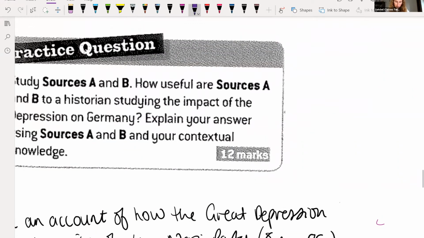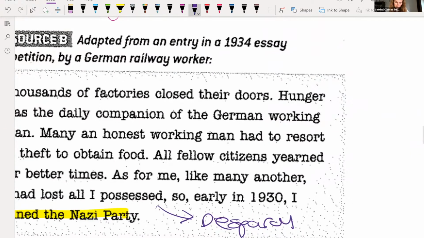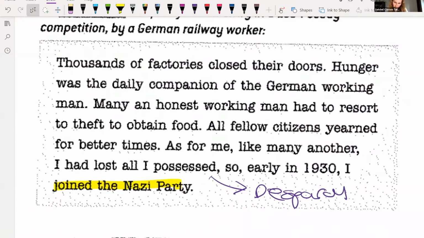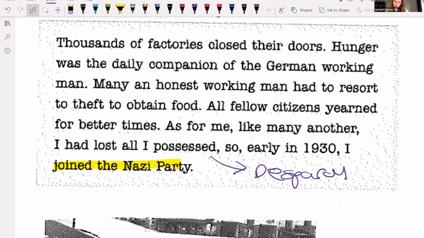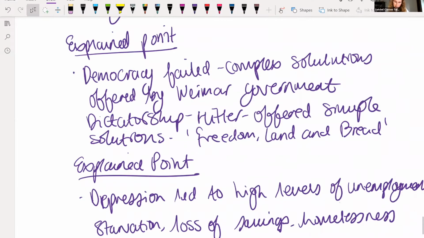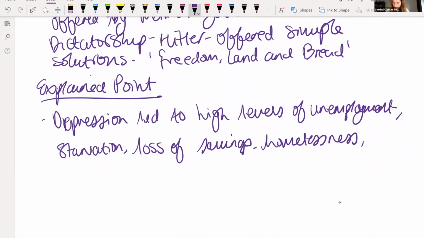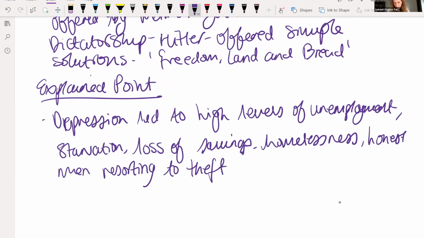So here, where he talks about an honest working man resorting to theft, okay, so basically the desperation that people had, and then again I'm going to link this back to Hitler's promise of